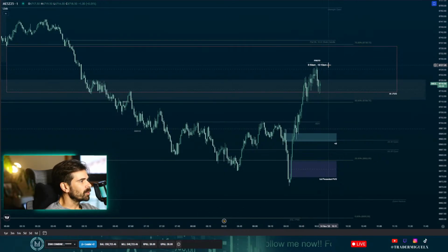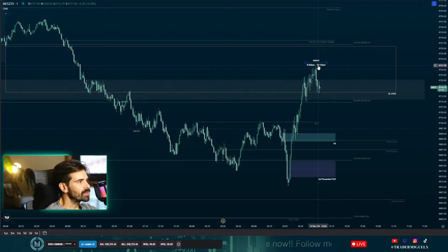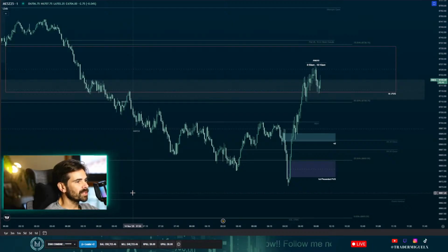I believe we will go up once again, probably, to take out these highs. And then let's see if it will continue or not. Because right now for a short, it's not doing what I would like to see, especially on the high time frames